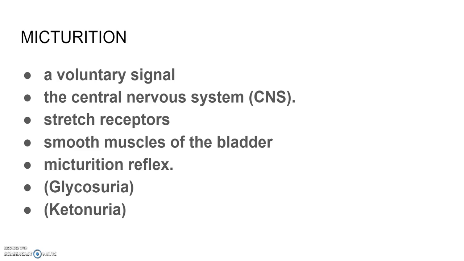An adult human excretes on an average 1 to 1.5 liters of urine per day, and the urine formed is a light yellow colored watery fluid which is slightly acidic, pH is 6, and has a characteristic odor. And on an average 25 to 30 grams of urea is excreted out per day. So various conditions can affect the characteristics of urine. Analysis of urine samples helps in clinical diagnosis of many metabolic disorders as well as malfunctioning of the kidneys. For example, presence of glucose, that is glycosuria, and the presence of ketone bodies, that is ketonuria in the urine, indicates diabetes mellitus.